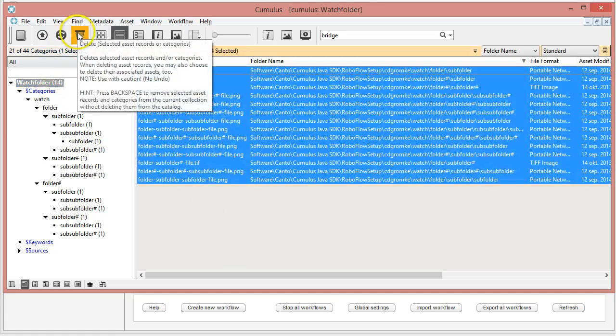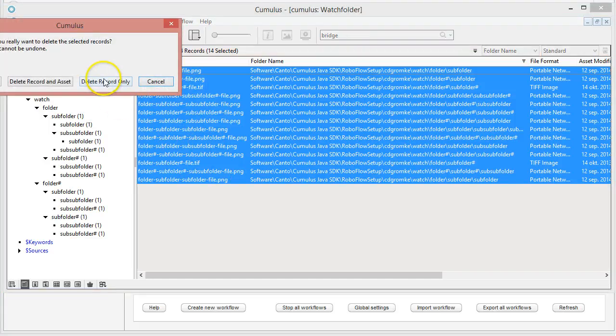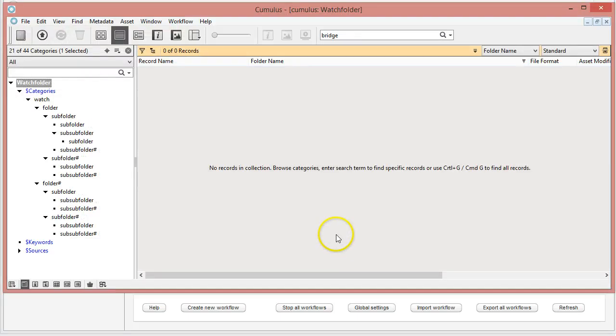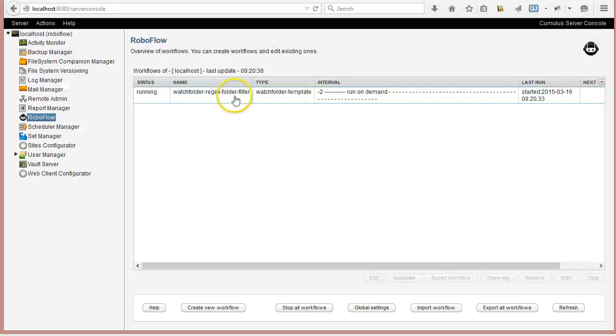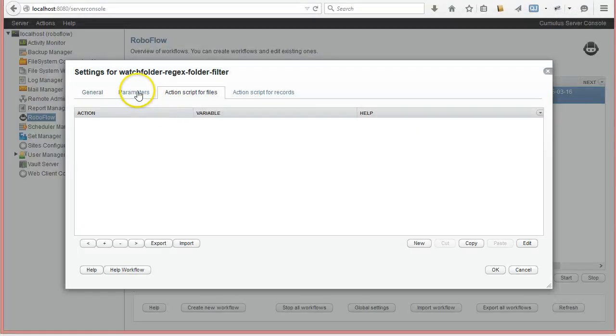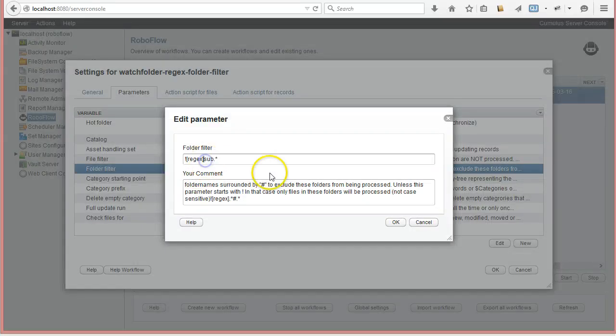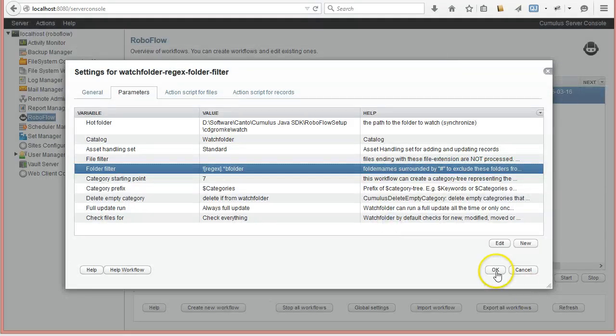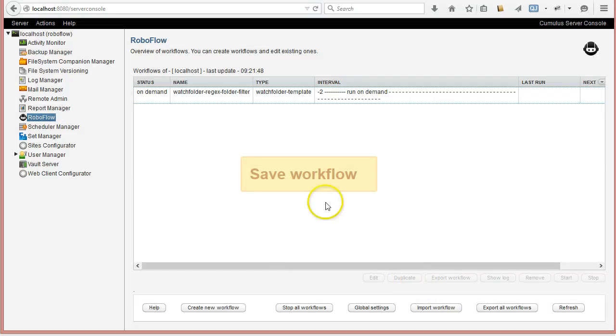If I make a little change now, and let's say I do delete record, and I'm saying ends with B folder. I say any character any number of times, B folder. And if I run it,